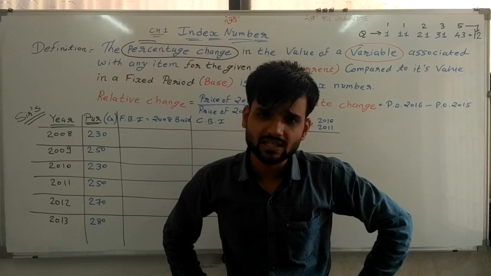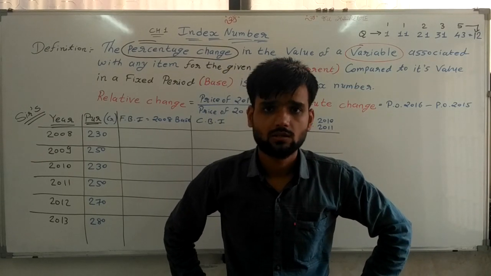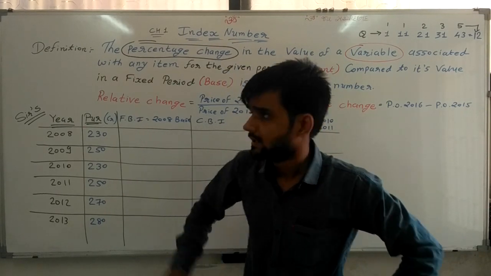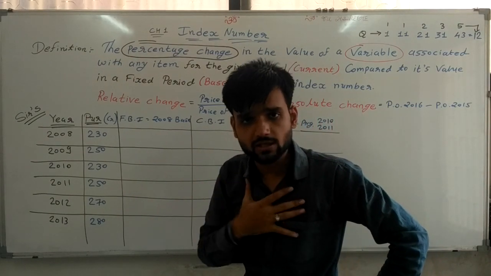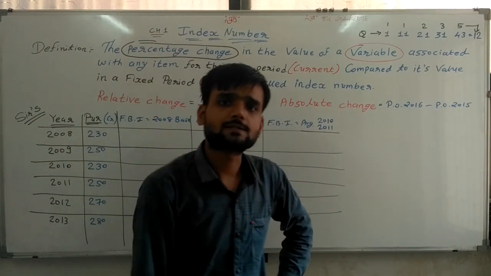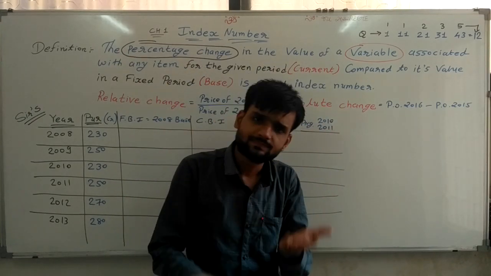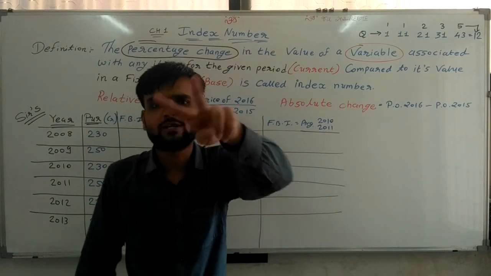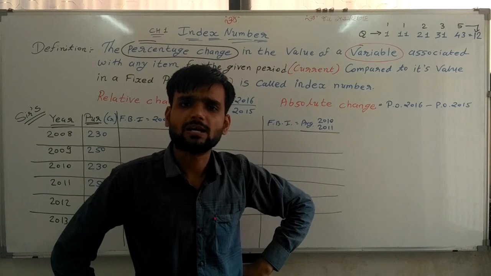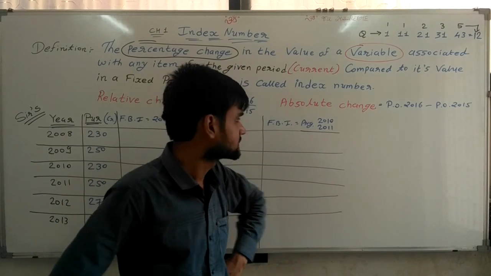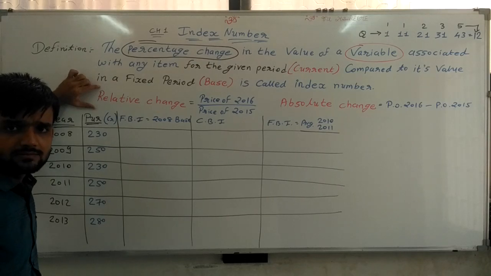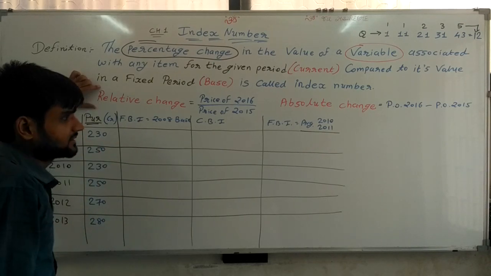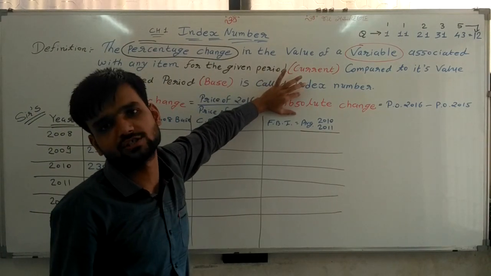Now sir, please clear these things very clearly, very easily. So now we are understanding both the things. We will understand percentage change very easily by taking two examples. Now we can compare anything in two ways. Sir, which are they? First, comparison can be found by relative changes, and second, comparison we can find by absolute changes.